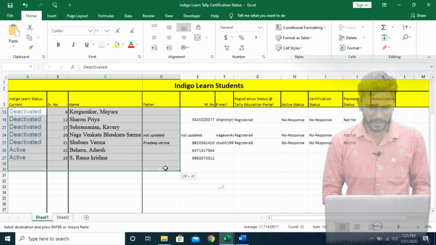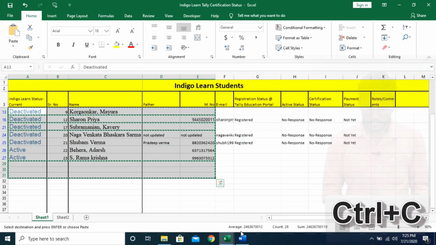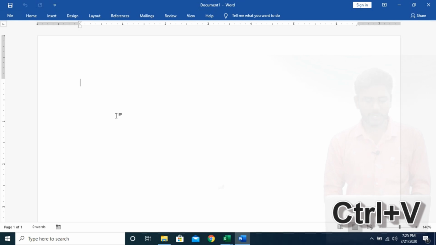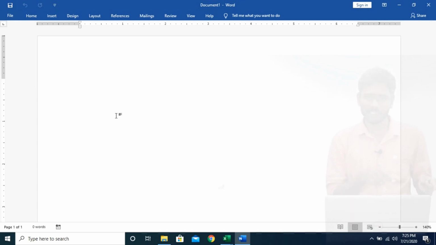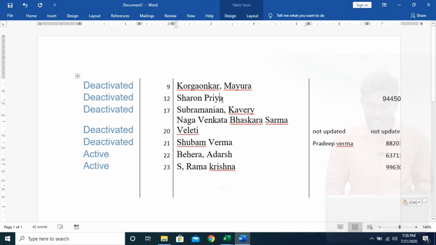Here I just copied some data with Ctrl+C, and in MS Word I'm going to paste it with Ctrl+V. When you copy and paste in Excel, the system gives a chance to edit the data, right?